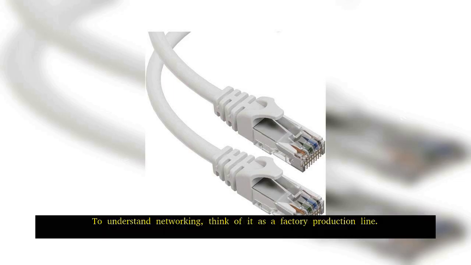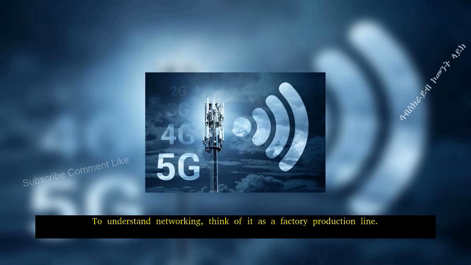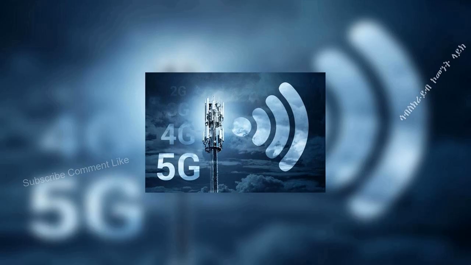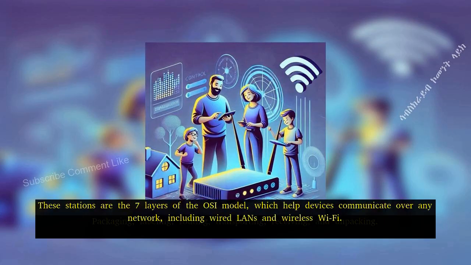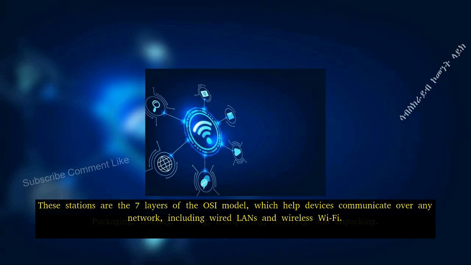The layered nature of network communication. To understand networking, think of it as a factory production line. A message, like a product, passes through various specialized stations. Each station has its own job: packaging, labeling, routing, transporting, receiving, and unpacking. These stations are the 7 layers of the OSI model, which help devices communicate over any network, including wired LANs